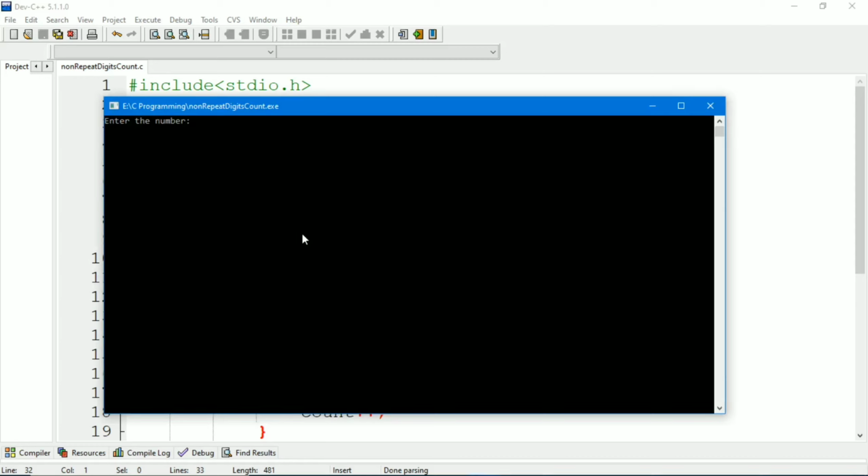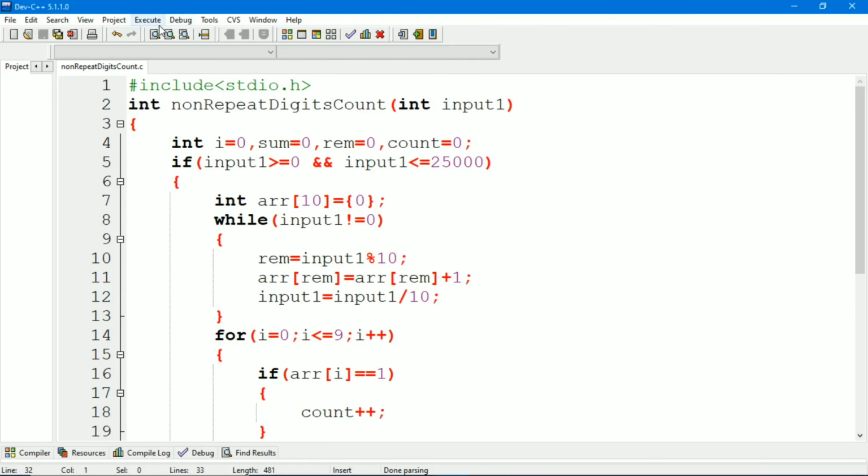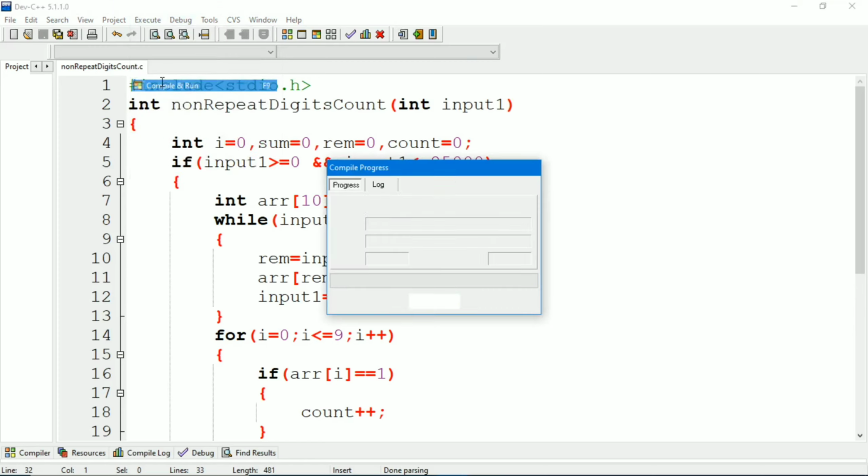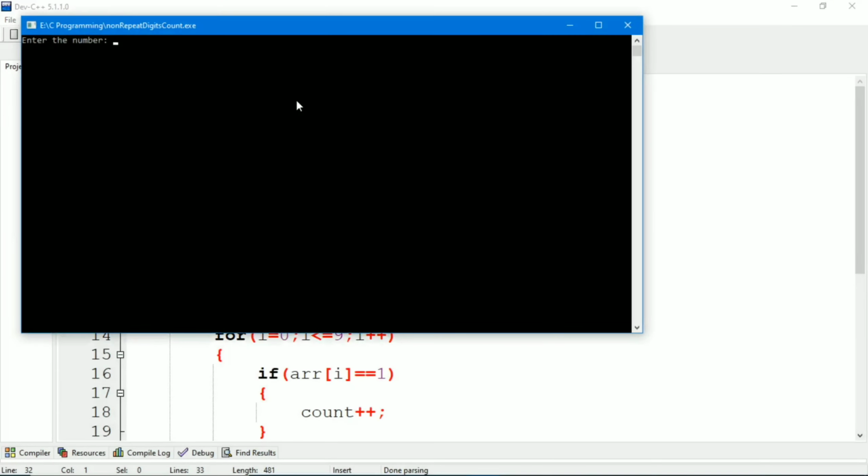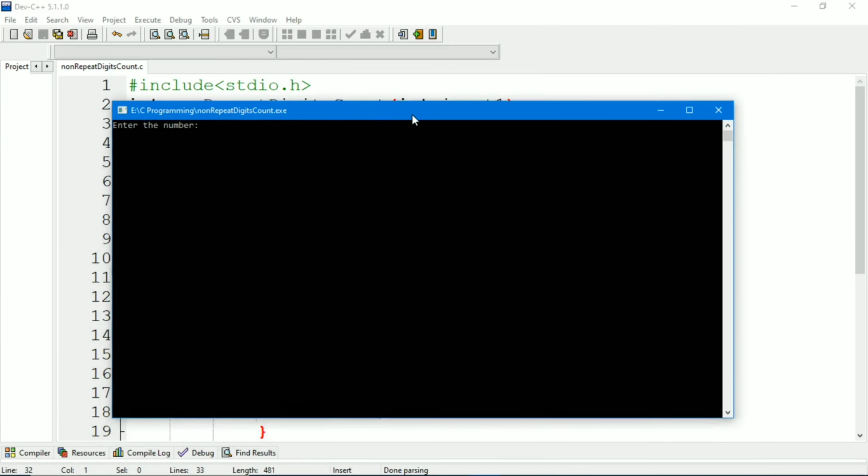Let's take one input, let's say 292. Here we can see that non-repeated digit is 9, so it should return 1. Here we can see that it returns 1. Let's check for another input. In the question given that 1015.